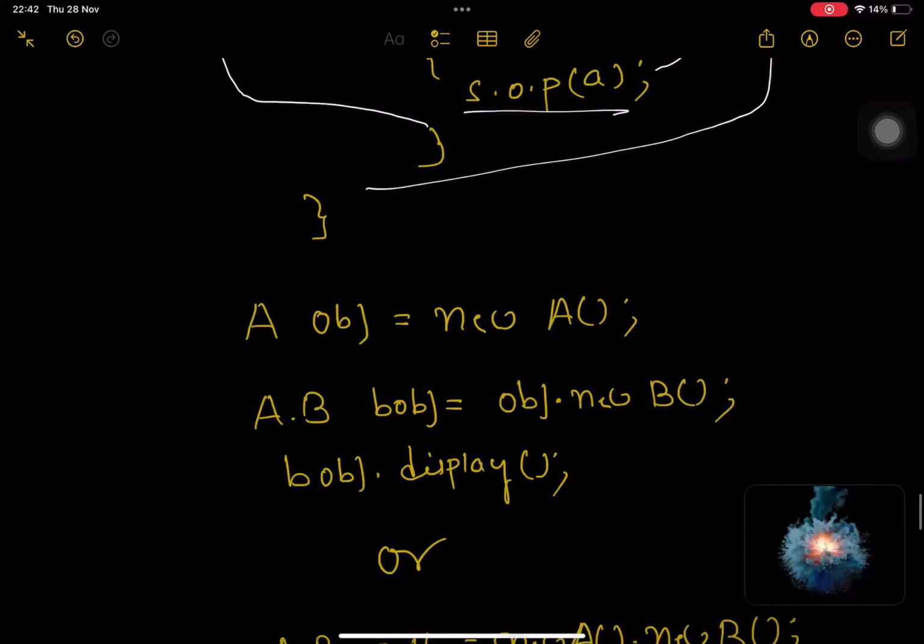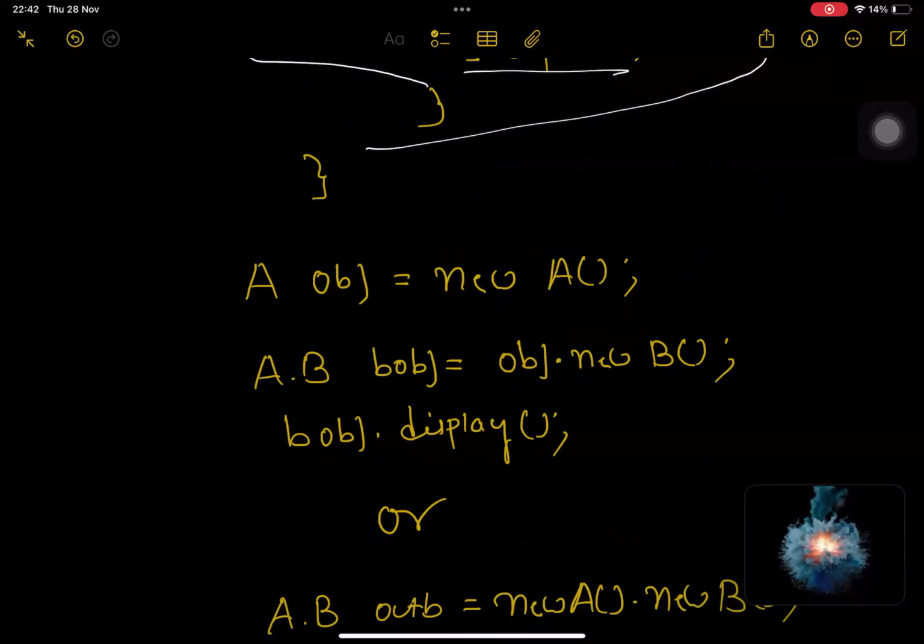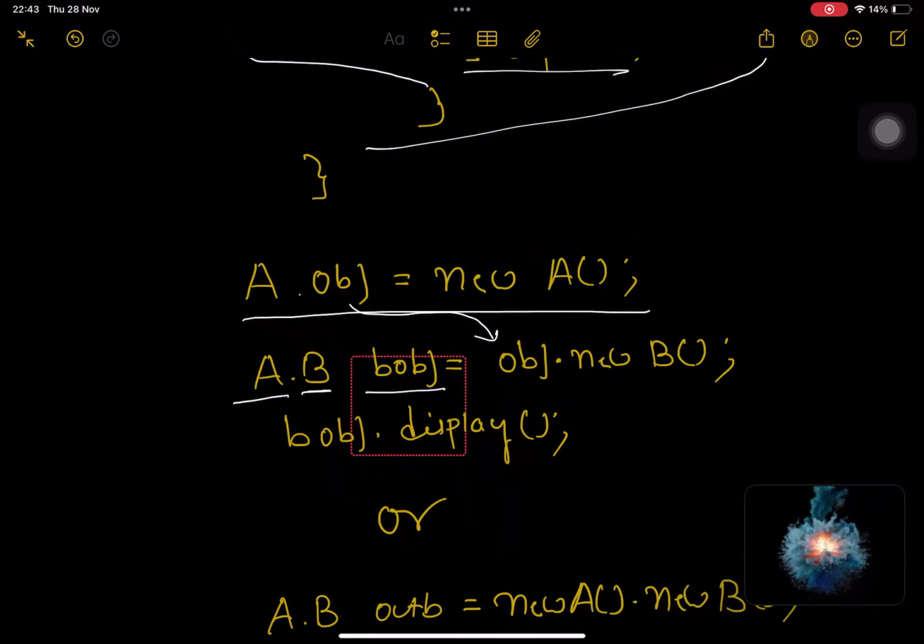The first, create the outer class object, which is A. I have created an object of A. A obj equal to new A. Clear? Okay. Then take the outer class name dot inner class name, the variable name that you want to create for the inner class, and then this. First you created the object of the outer class, that dot new and then the inner class constructor, and like that you can create an object,